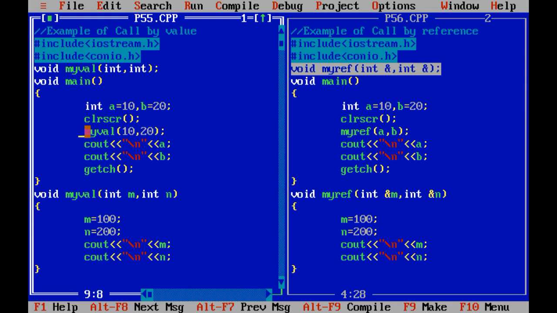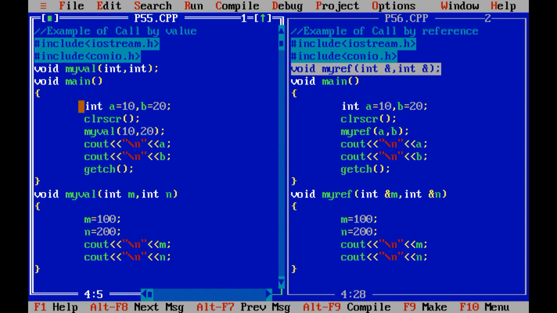From the third point, suppose my UDF returns a value, at that time while calling my UDF, I need to take one variable over here, right? And through that variable I can catch the value from my function. So over here I have not declared any variable while I call the function. So from these 3 points I can say that the UDF which I have declared over here does not return any value, right? So this is the with argument, no return UDF.